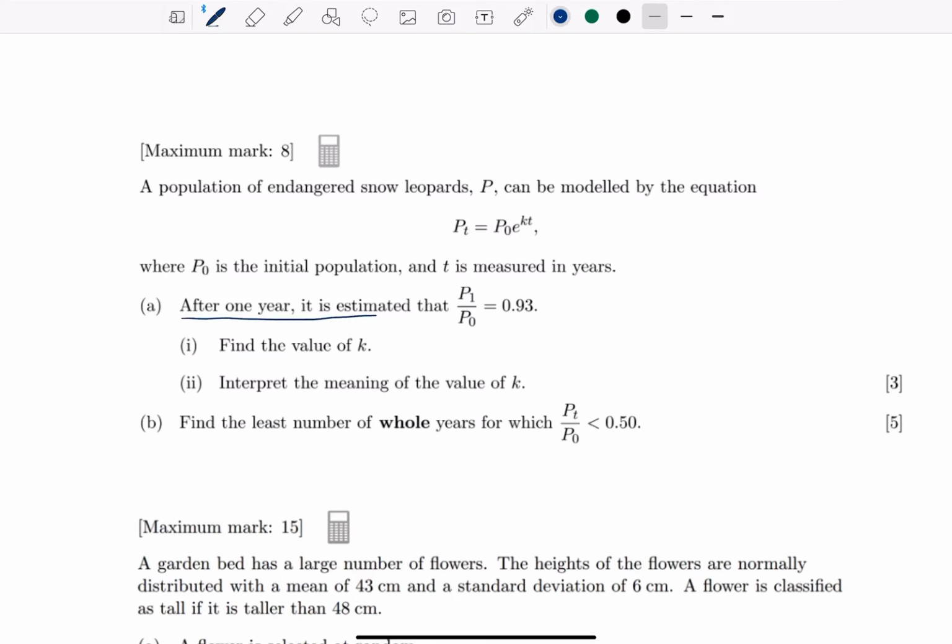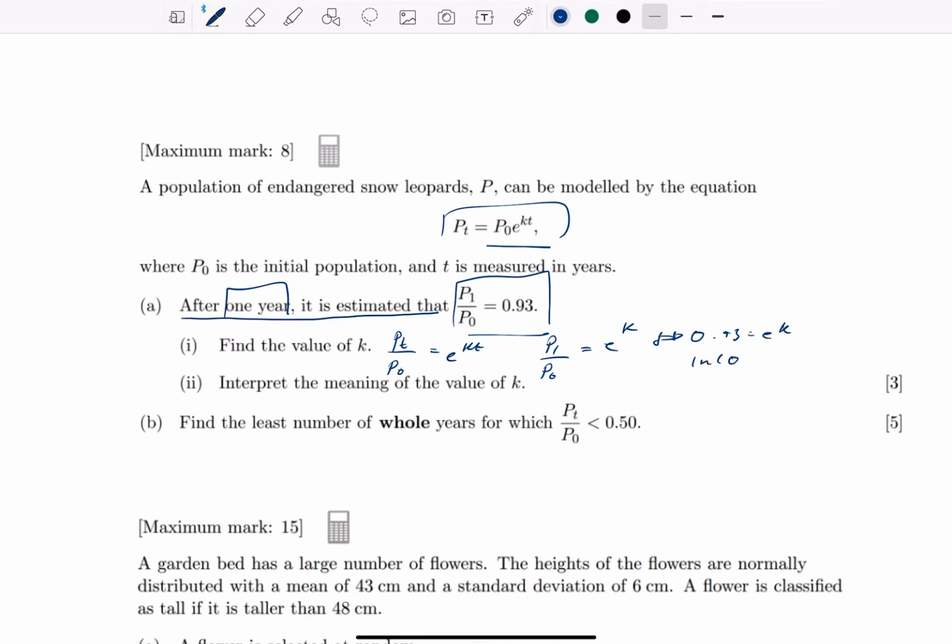So after 1 year, it's estimated that this is true, and we have this. Now, what they're trying to get you to do is rearrange this function. So let us do that. P_t over P_0 is equal to e^(kt), but it's distinctively after 1 year. So we can just say P_1 over P_0 is equal to e^k, and t of 1 is just 1, so I'm not even going to bother. But we can make the substitution that this fraction is just 0.93, equal to e^k, and if we take the natural logarithm of both sides, we get that ln 0.93 is equal to k, which if I plug that into my calculator,